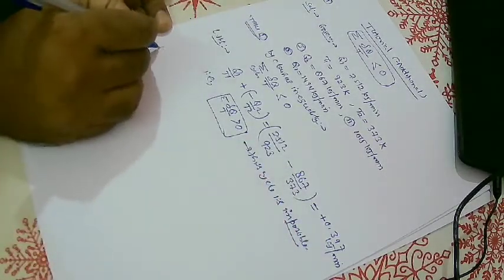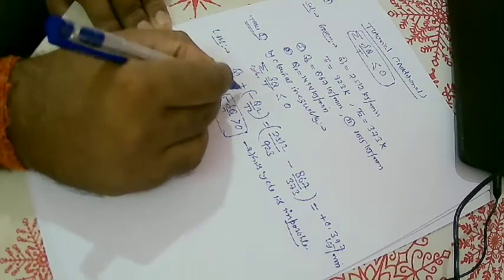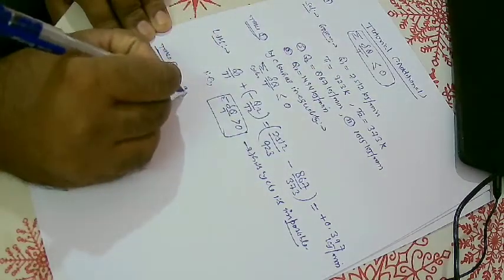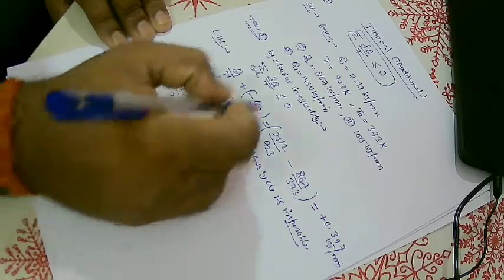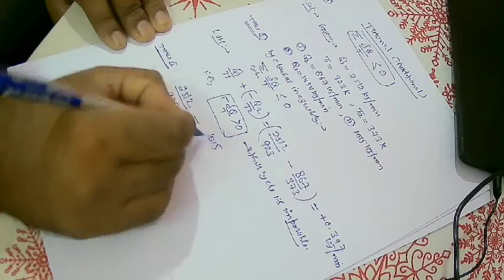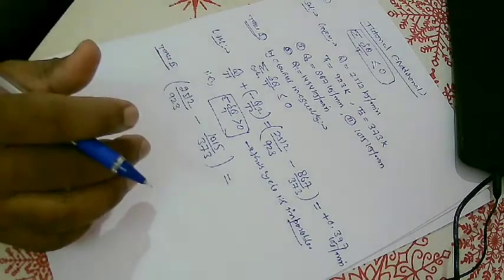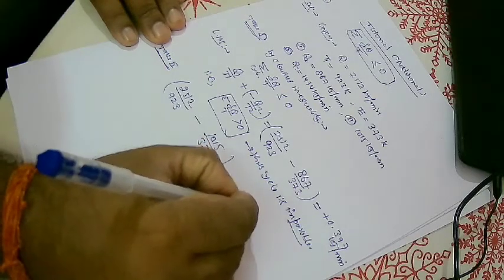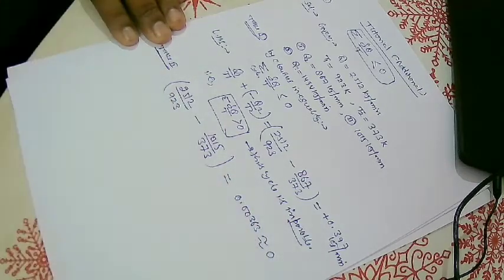Take the second case. In a similar way, you can write again Q1 by T1 plus minus Q2 by T2. I am substituting the values directly. This is 2512 divided by 923 minus 1015 divided by 373. So we need to solve this. If we substitute the values, we get 0.00363, which can be approximately taken as equal to 0.